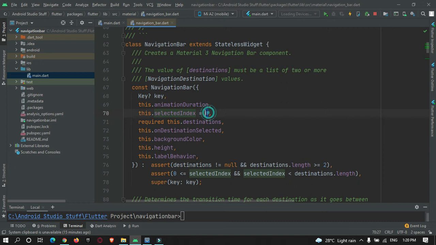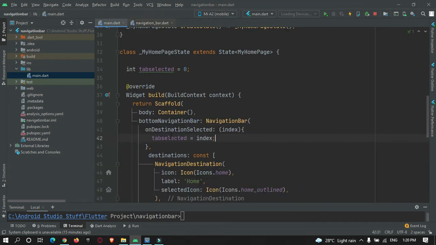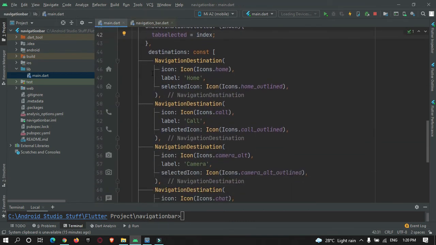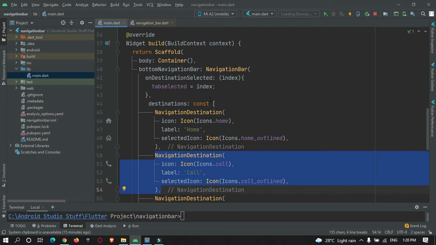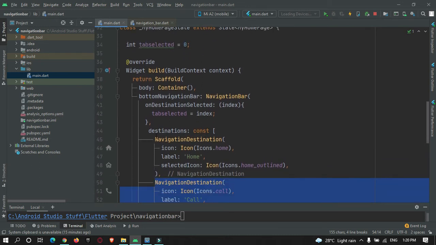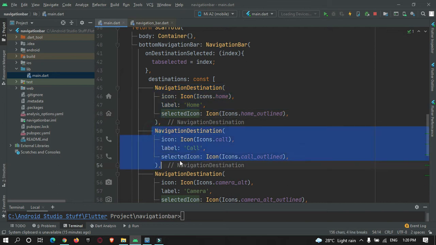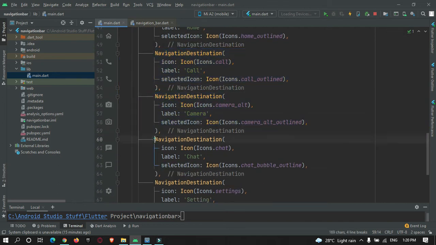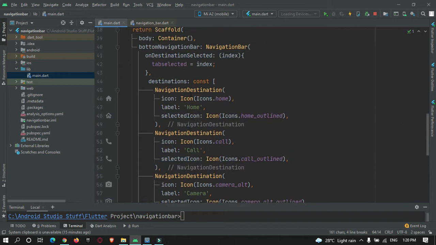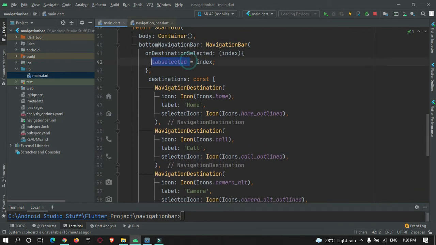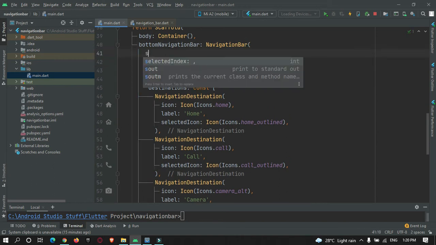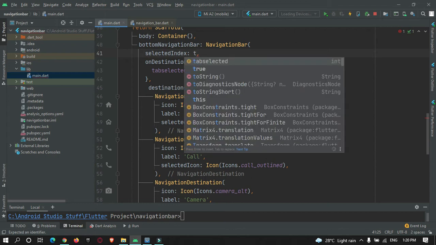By default, as you can see, it is 0, and when a user presses on any destination over here, like if a user selects the call destination, our index will be 1, that is this is 0 and this is 1, this is index 2, index 3, index 4. So if a user selects index 2, suppose, selected index will be 2.